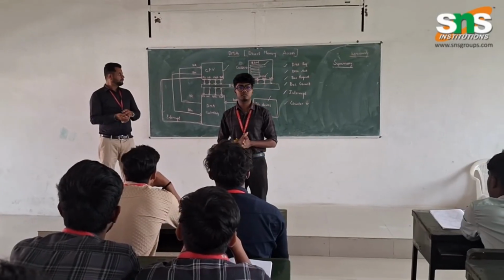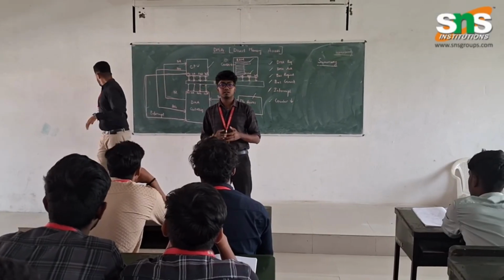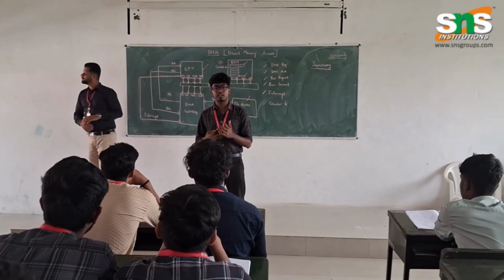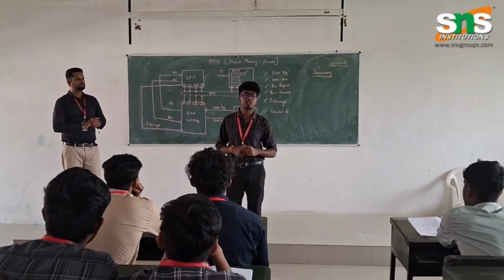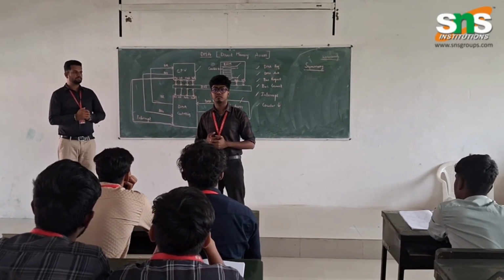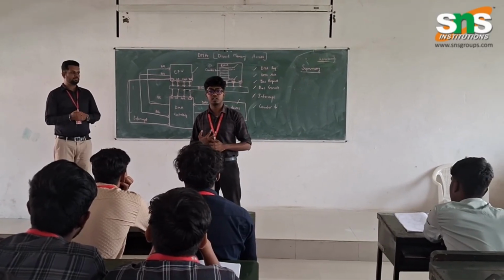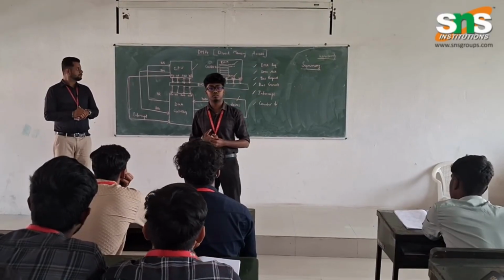So we saw about memory. Memory is a storage device, and the types of memory are primary memory, secondary memory, and cache memory. In primary memory we have RAM. In RAM we have DRAM, dynamic RAM, and static RAM. We have cache memory. And in primary memory we also have ROM, read-only memory. In read-only memory we have PROM,